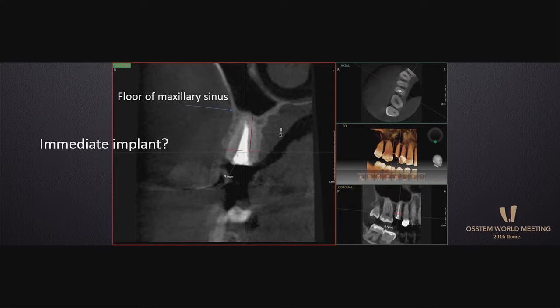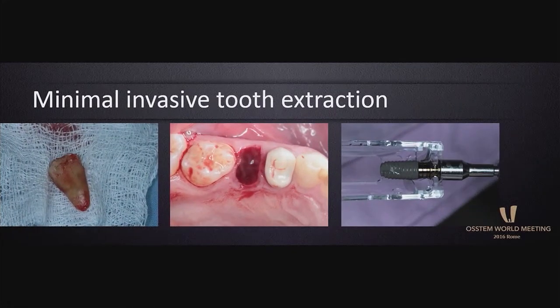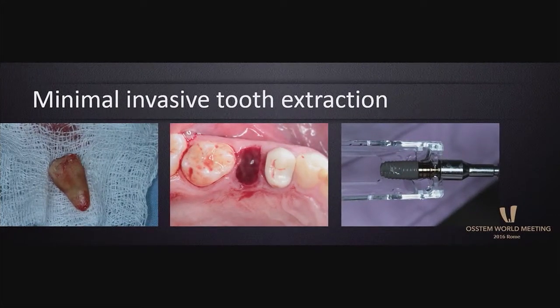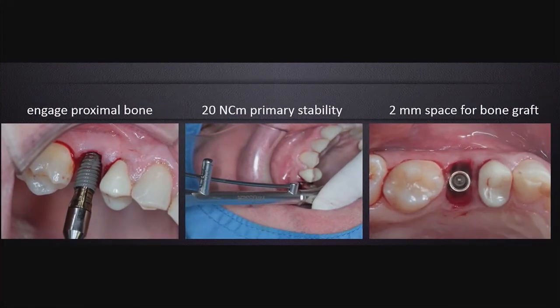Is this good for immediate implant placement? No, right? The best method is going to be to remove the tooth and wait for the socket healing. Once we have good bone, we could achieve primary stability easily. But if that's the case, it's going to be too simple. For the Ostem World meeting, we have to do something more advanced. So I extract the tooth carefully, and then we place the Ostem TS3CA implant,